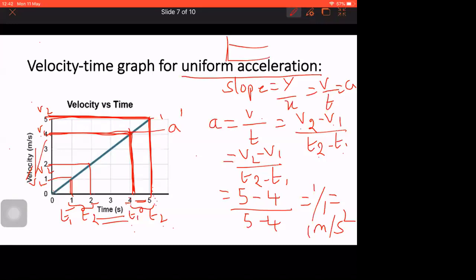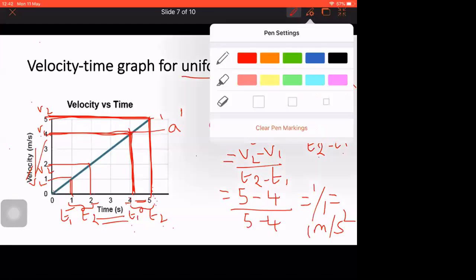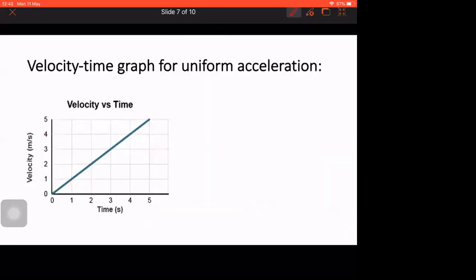Okay, ma'am. In the same way, you can calculate from 1 to 5 also. Shall we do that? Yeah, ma'am. We'll do it that way and see. We'll clear his doubt also. Now, I want to calculate the acceleration from 1 to 5. Simple. Very good, Raja, this will be really helpful.